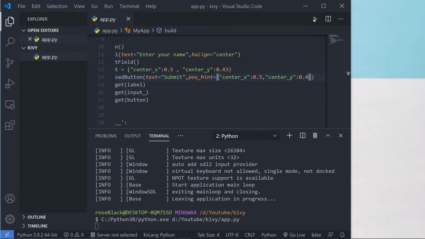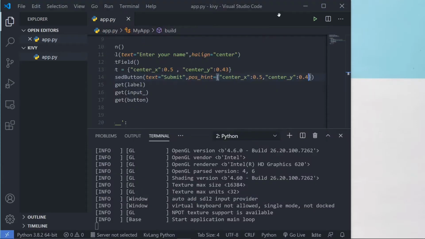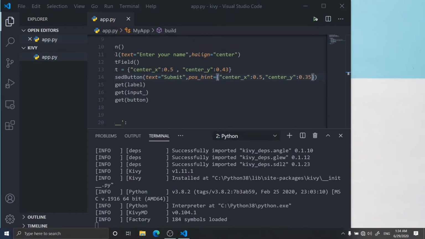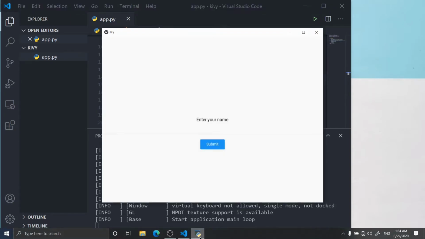I think that will change it. Oh, still the button. Okay,